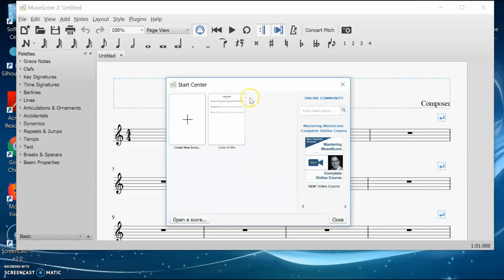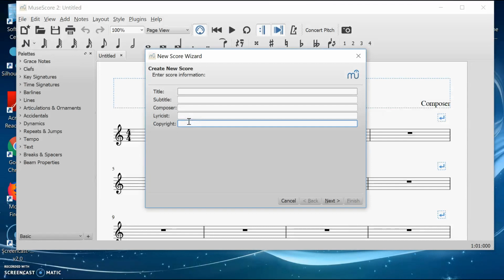The first thing that you're going to do is whenever the program opens, it always starts with the Start Center here, and we're going to go into this Create New Score by clicking here on the plus button. And let's start out with our title of Practice Score 1. You can put subtitles in, you put your last name in, lyricist, copyrights,